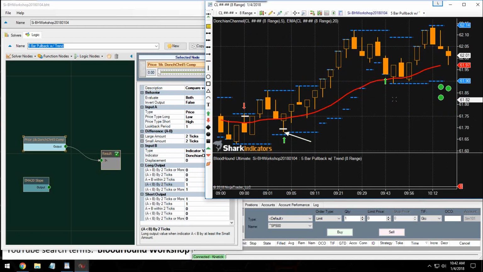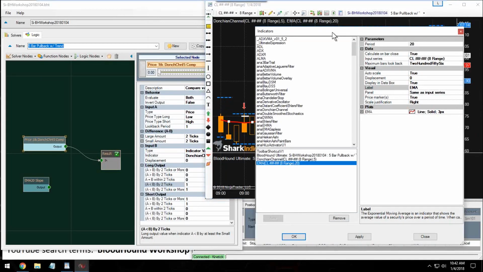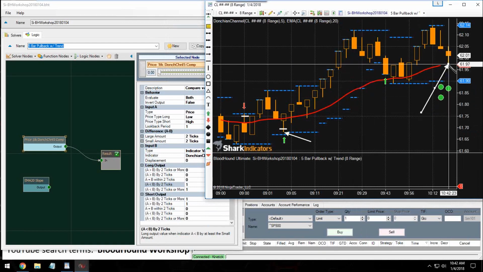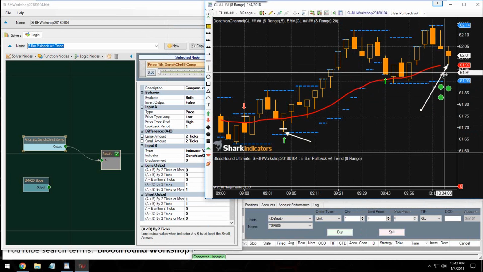No, displacement's not necessary, but that actually is a good point. Since BloodHound is running with calculate on bar close true, we should also adjust our indicators to do the same. So for everyone else here, BloodHound is set to calculate on bar close